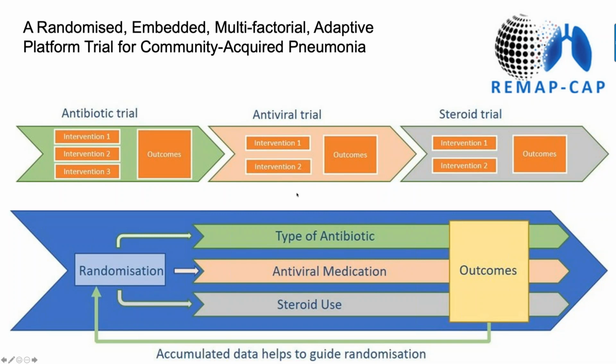REMAP-CAP study, which is an adaptive trial design. Adaptive trial design essentially evaluates several therapies at once and uses more of an iterative process of guiding ongoing conduct of the trial, and differs from the usual way we evaluate treatments, where we compare different treatments, look at outcomes before moving on to another form of therapy. And this kind of puts them on top of each other, where we evaluate the different strategies simultaneously.